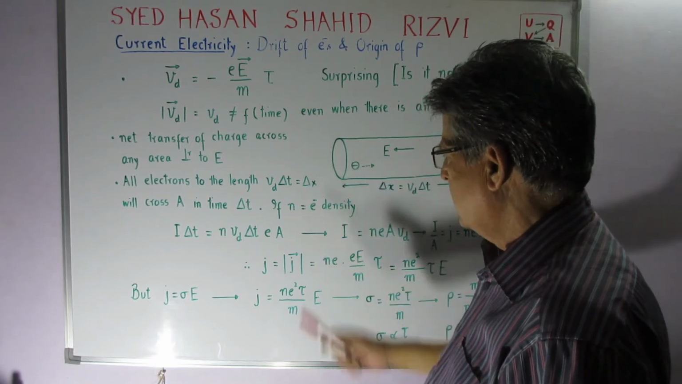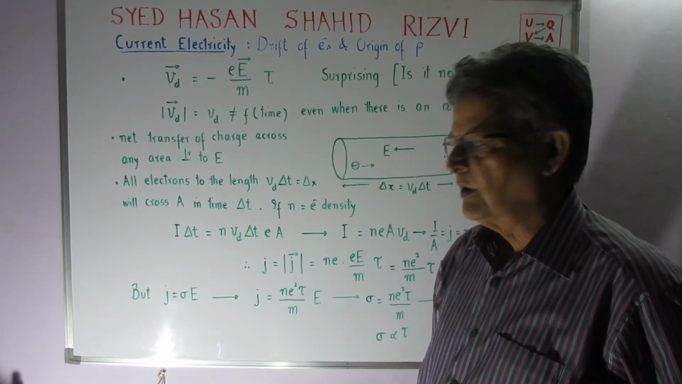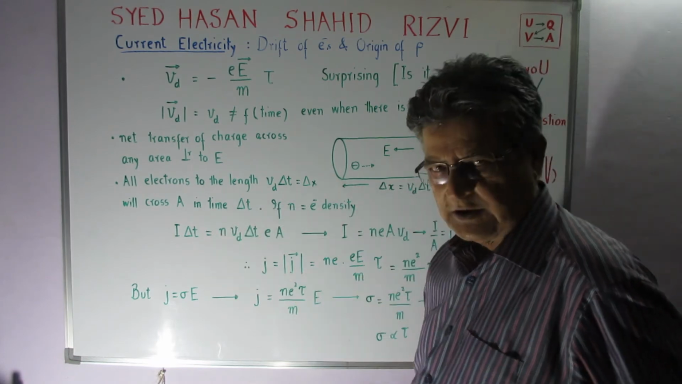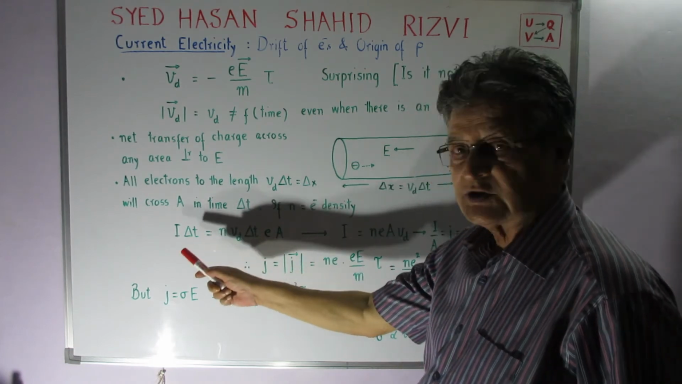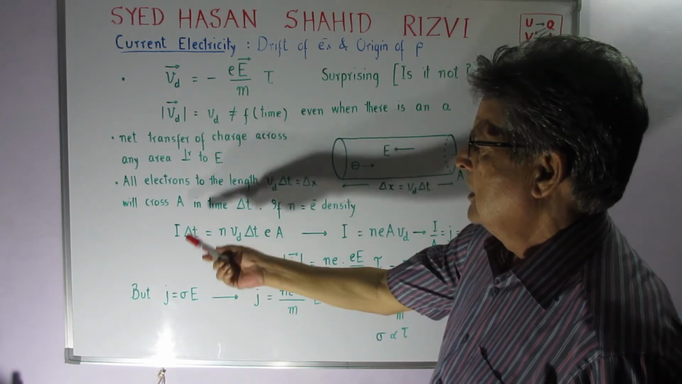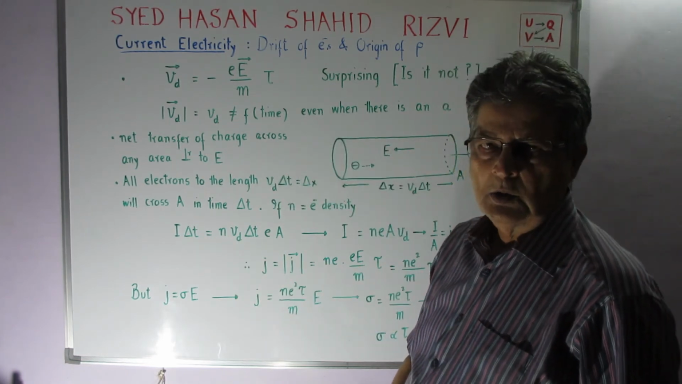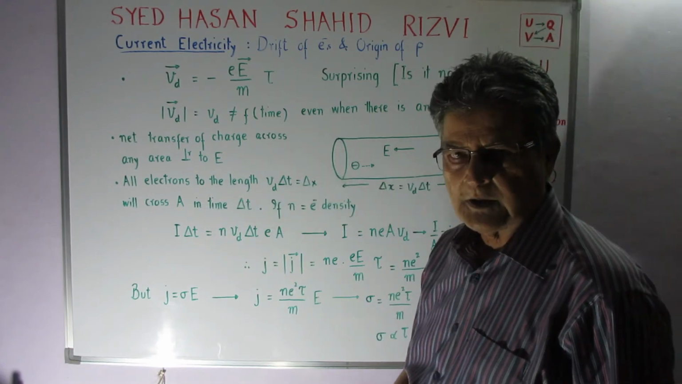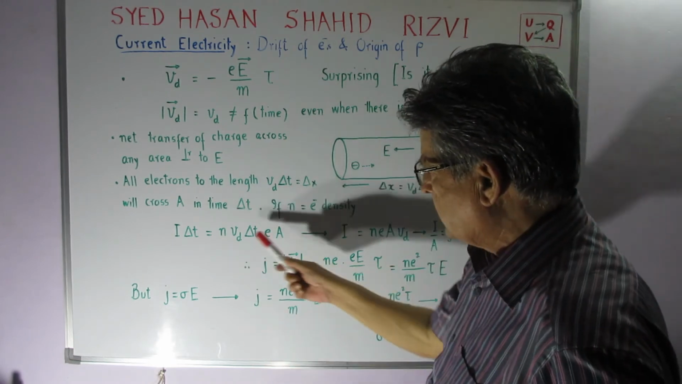Now if n is the electron density, the number of electrons per unit volume, then I can write I into delta t. What is this? This is the charge which has crossed in time delta t, because Q is equal to I into delta t. I is equal to delta Q upon delta t. So recall that, and we write